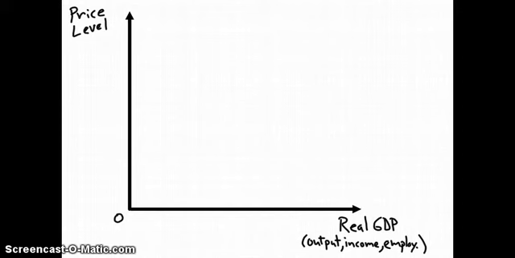For the first part of question number 3 in the 2012 macro free response, we have Anderson Land, and they want us to draw the AS-AD graph here for Anderson Land in long-run equilibrium and full employment, and they tell us that in the short run nominal wages are fixed. So we're just going to draw